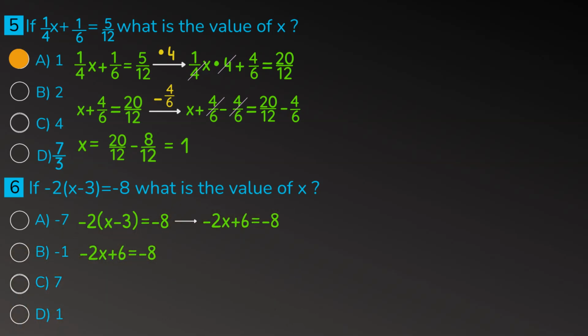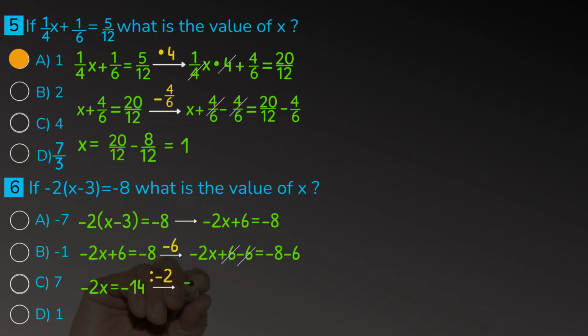Next, I want to get rid of the 6, so I subtract that from both sides. So I get minus 2x plus 6 minus 6 is equal to minus 8 minus 6. The plus 6 and the minus 6 on the left-hand side cancel out, so we have minus 2x is equal to minus 14. Now we want to divide by minus 2 next, so we can isolate x,